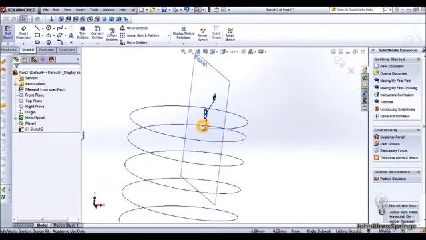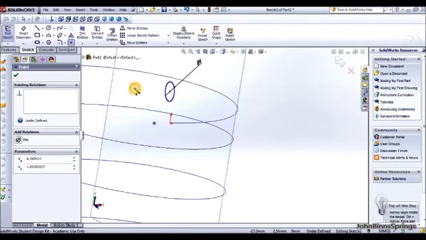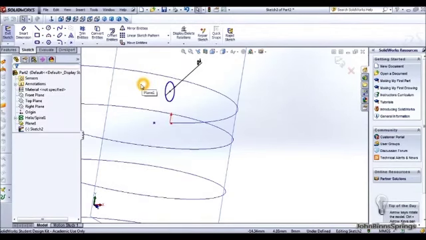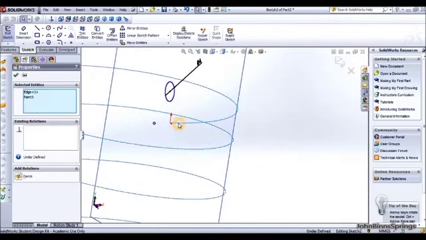Now to get this circle onto the helix itself, we have to put a point. So select the point tool up here and put a point on that plane. Right click and then select will just cancel you out of that control. Then left click on the point, holding down control and hold on to the helix